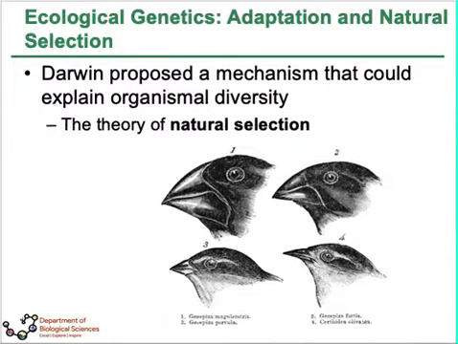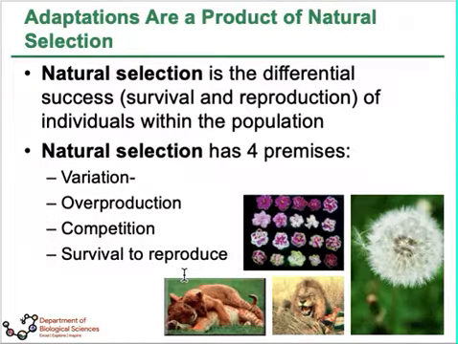So, as you can see, if you're going to search for natural selection, it is mostly directed to what we so called changes in the beak depth of Galapagos finches. So later, what are the contributory factors that are responsible for the variations of beak depth of these Galapagos finches? So, natural selection can be defined as the differential success, which includes survival and reproduction of individuals within